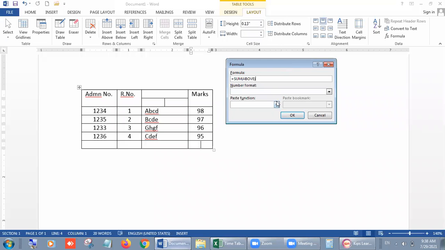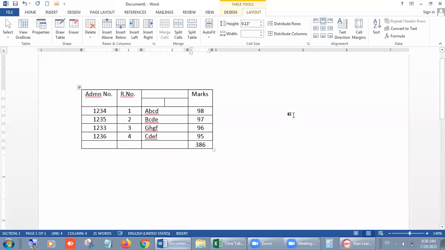There is no need to do anything, just click the OK button, because the formula is saying that it will do sum, but on which data? The data which is above the location. This is the location, and these values are above it. Okay, so click the OK button.